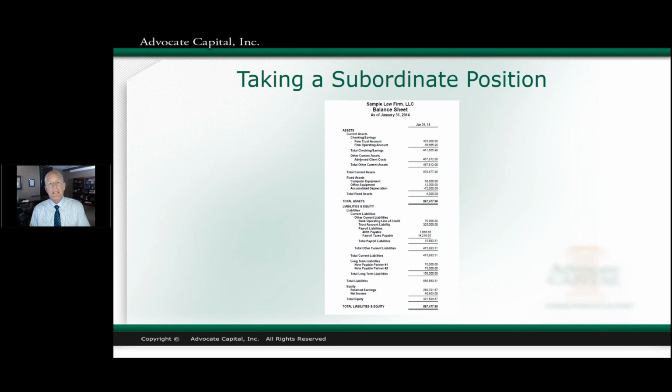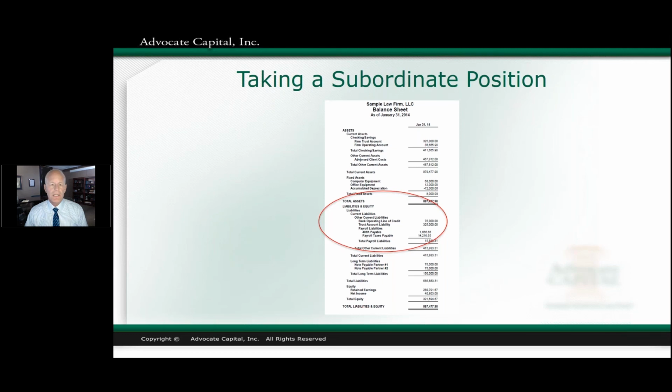So on a balance sheet, like we just took a look at, let's go back. At the balance sheet, you'll see near the bottom there are liabilities and equity. Well, think about where your case expenses would end up in a liquidation. There are a lot of people who would be ahead of you. It's going to perform like equity, right? So you've taken a subordinate position, and there's that fire alarm. Hopefully it's not too loud. I'm going to keep going. There are a lot of people ahead of you in line.